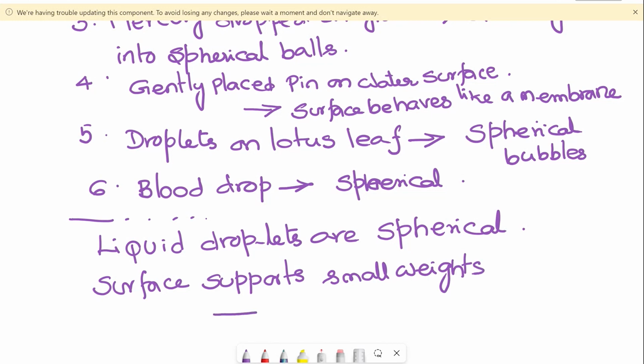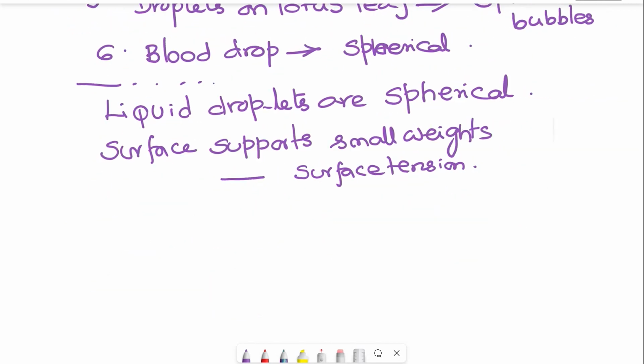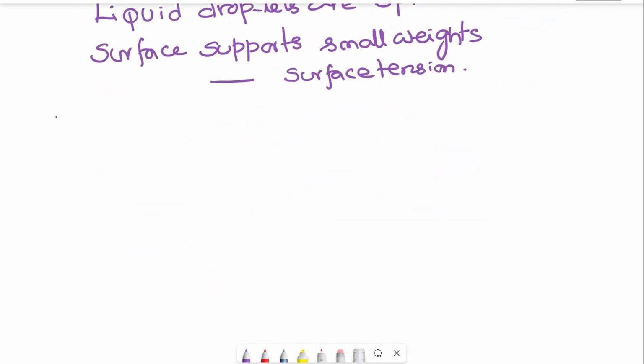This is due to the property of the fluid, surface tension. This surface tension phenomenon is exhibited